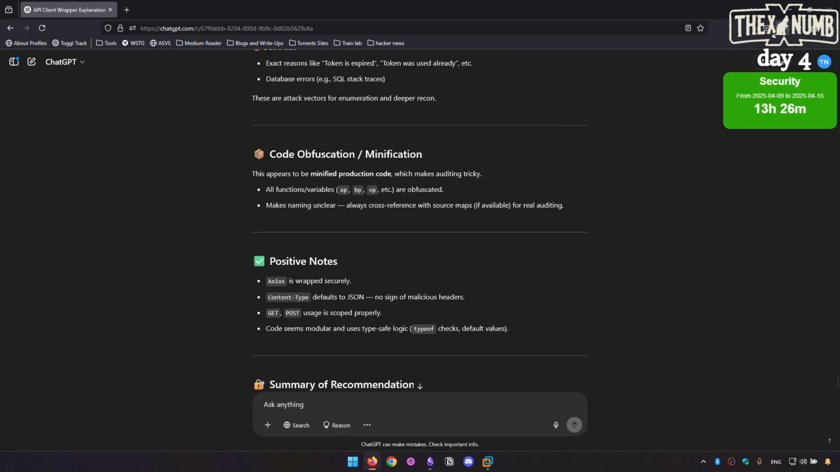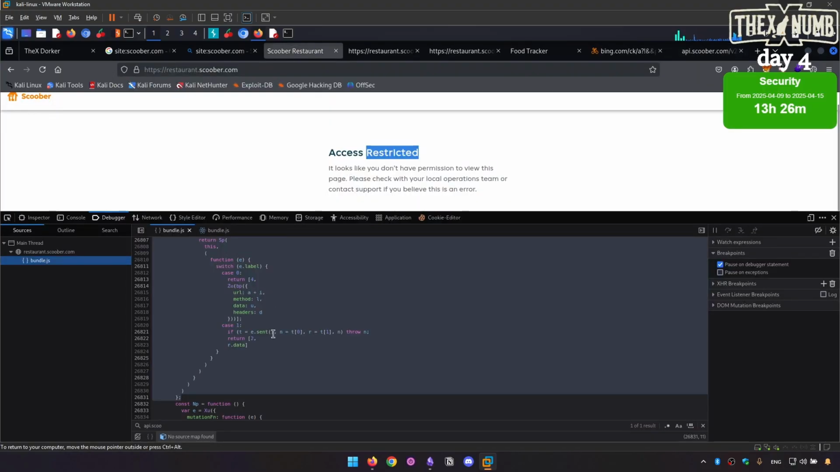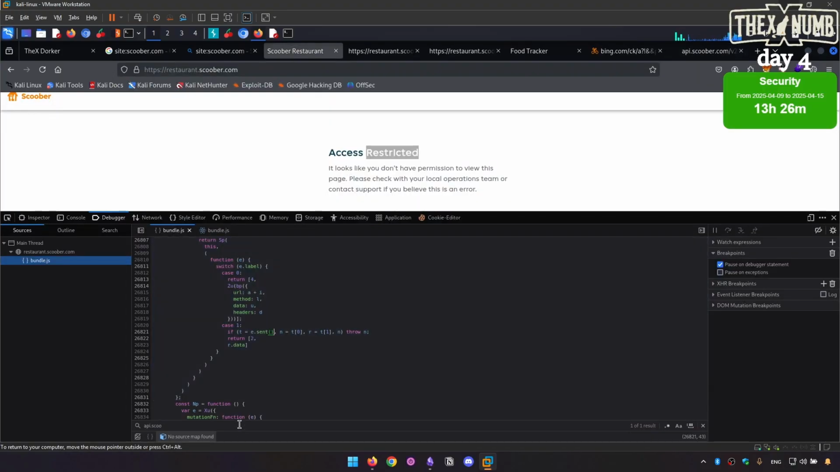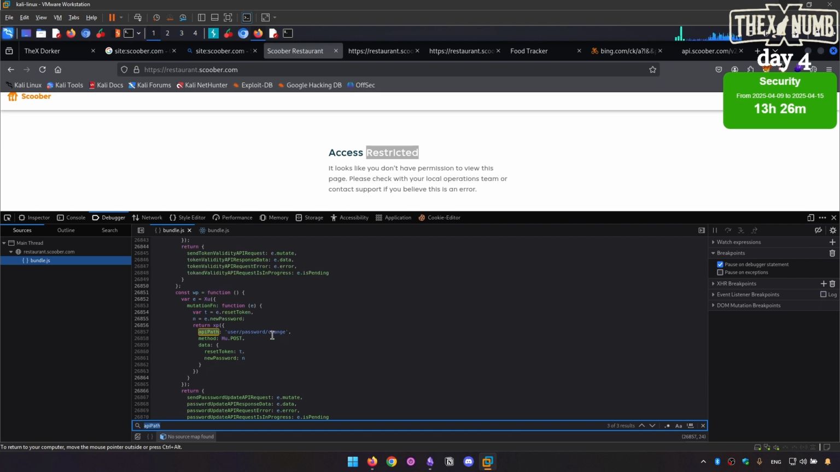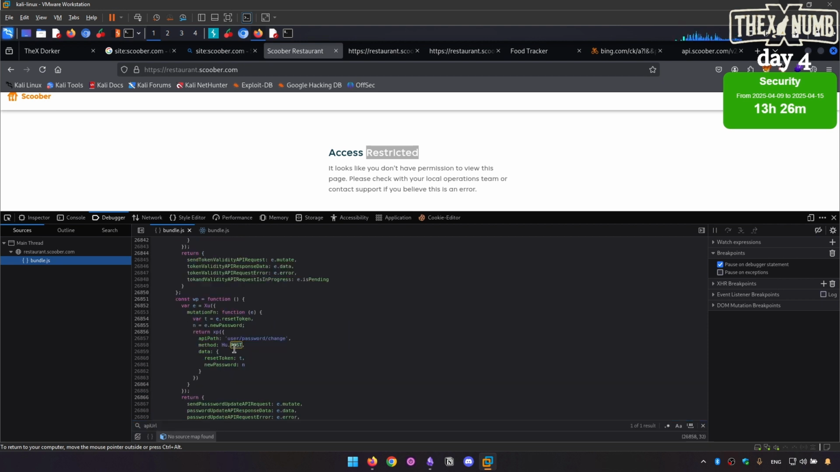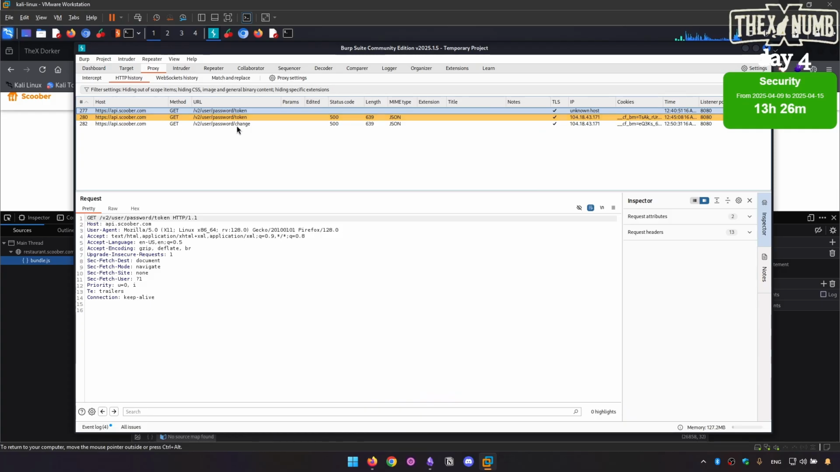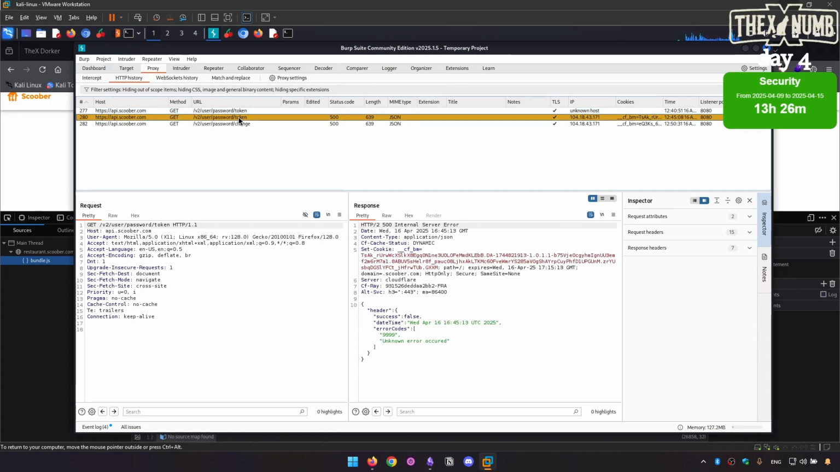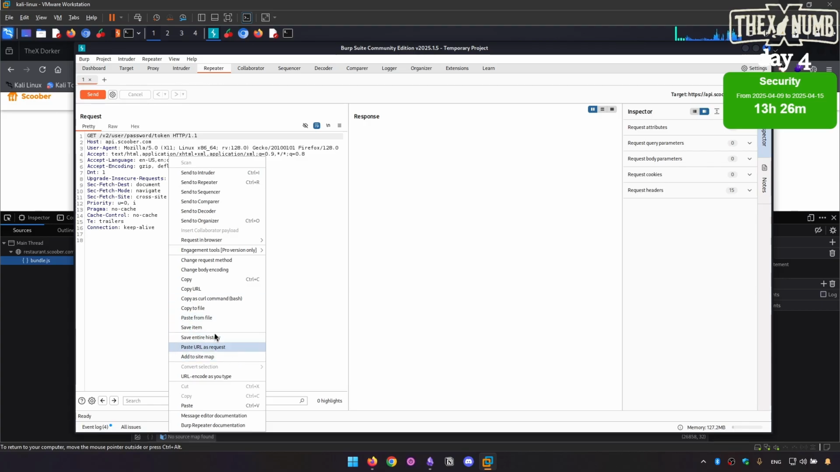Okay, let's type in here and check for this. And if we search for the API path, user password token, user password change, and this. What happened in here? As you can see, if we send this to the repeater and change this to the